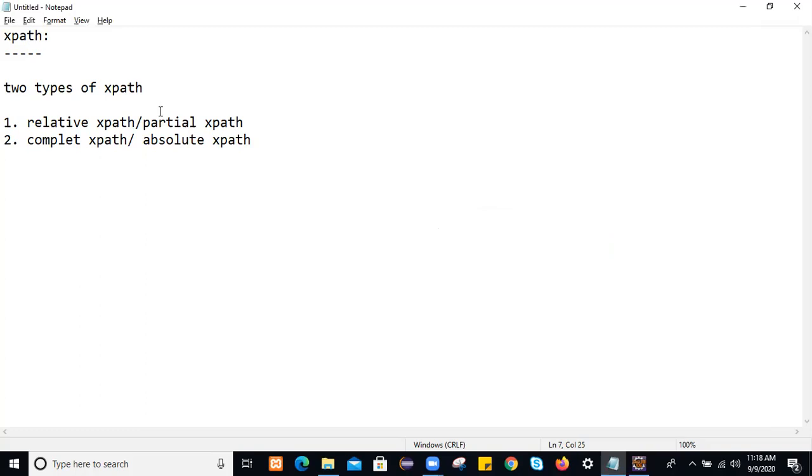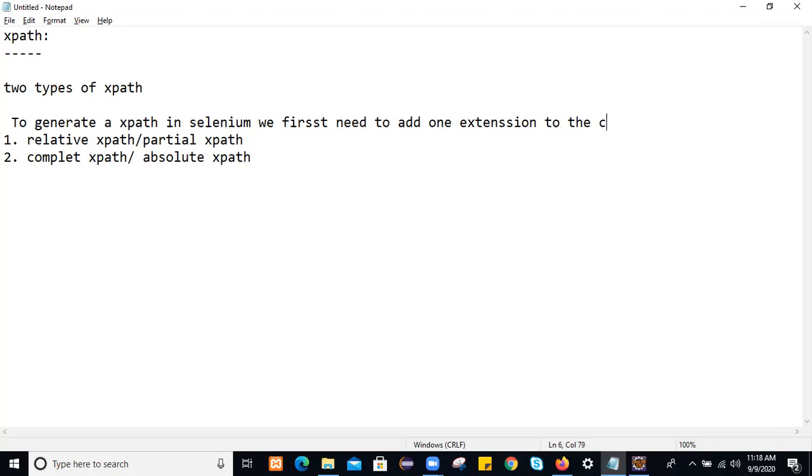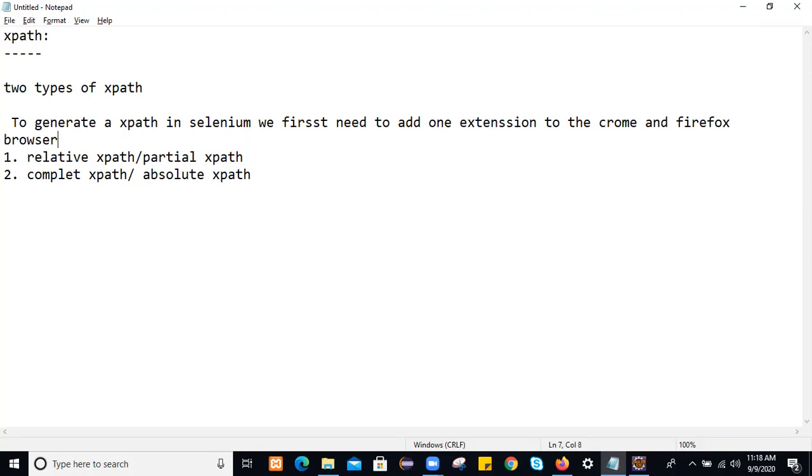Which extension did we add to generate XPath in Selenium? To generate XPath in Selenium, we first need to add one extension to the Chrome and Firefox browsers. So what is the extension name?